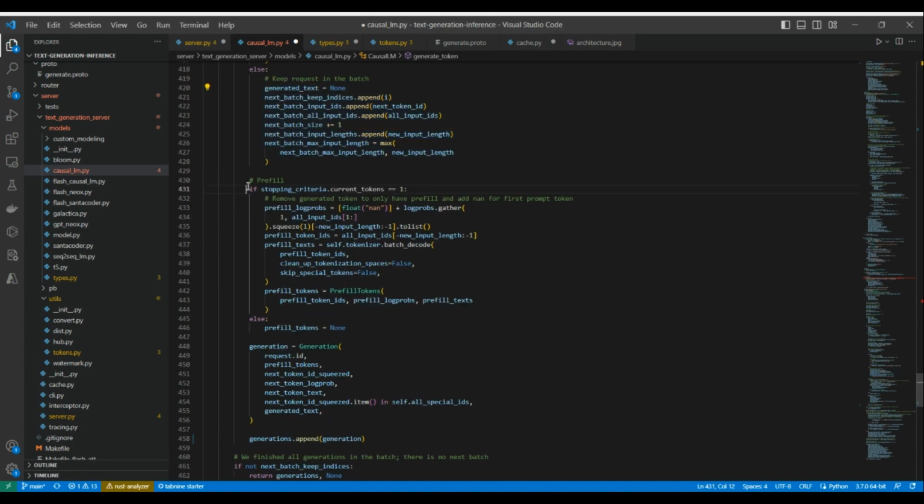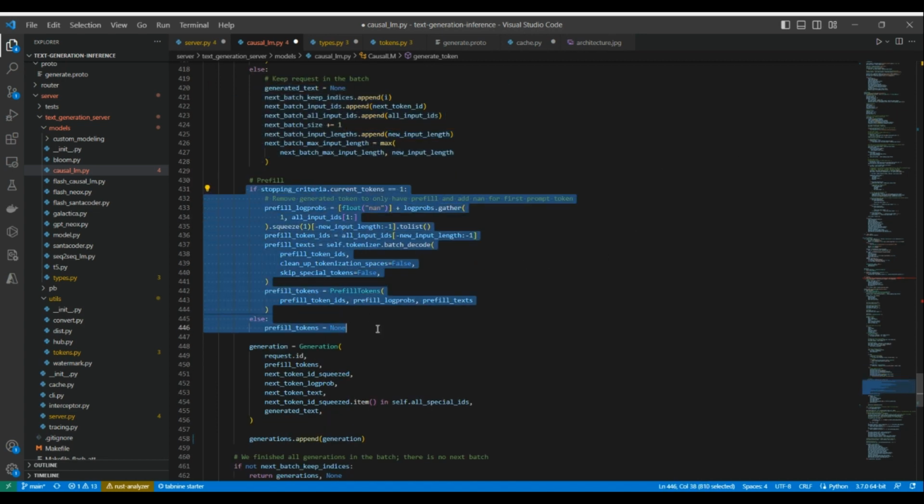Then we have this prefill. Just to give you a high-level understanding of prefill: because we're working with auto-regressive models, you need previous tokens to generate the next token. But what happens when the current token is the first one? It does not have a previous token. So this code retrieves the prefill tokens and their corresponding log probabilities from the input sequence to use as the starting point